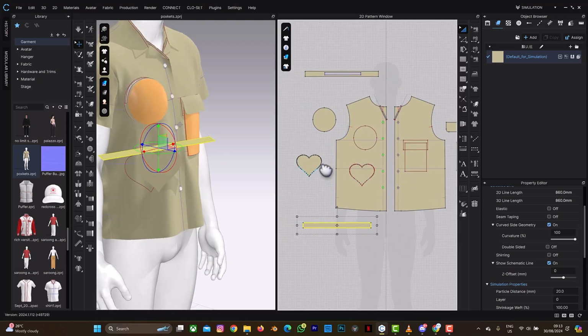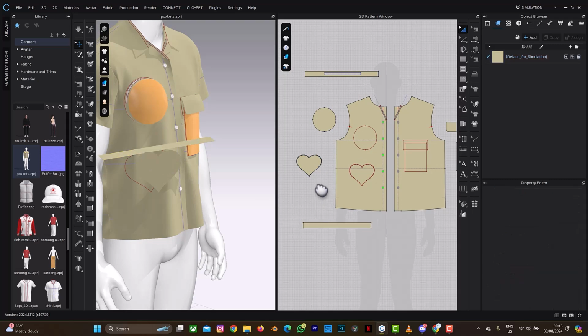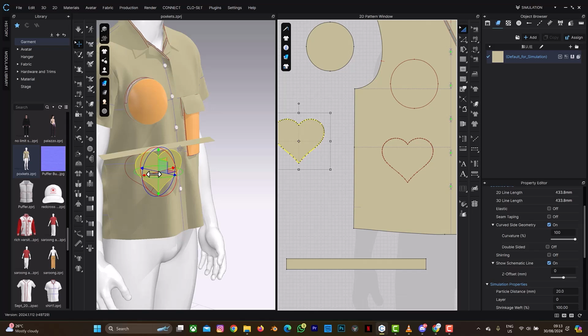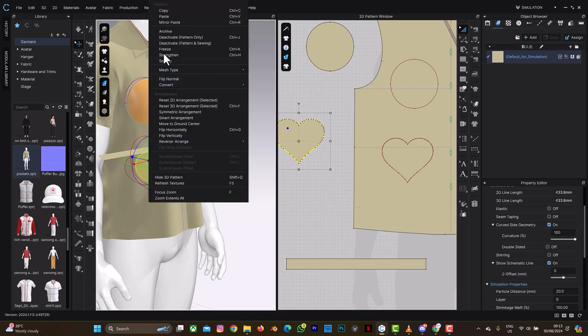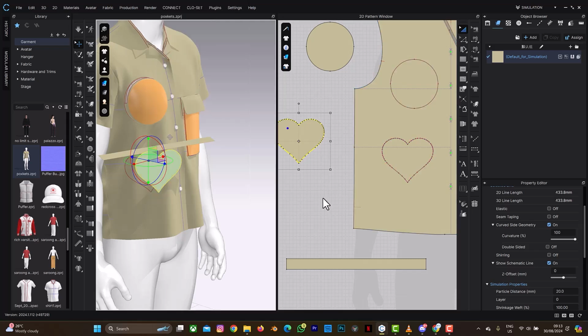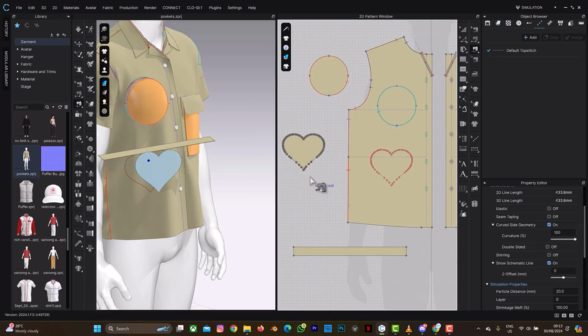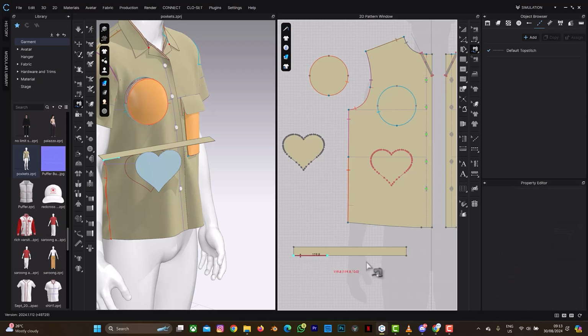Okay, so the next thing I'll do is select A. Let me just come in. So I'm going to select this. I'm going to freeze it as usual, like I said. So I'm going to select M, which is for free sewing. And let me see if I'm on the right. Yes. So I'm going to select this, then hold on your shift. I'm going to select